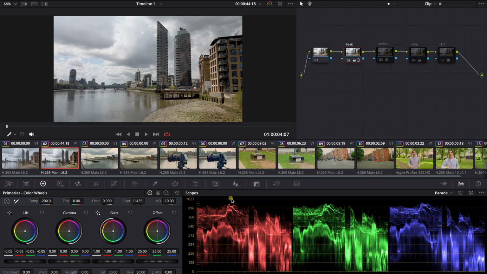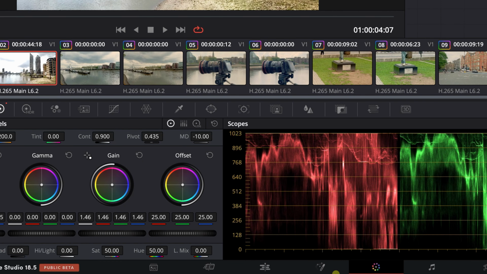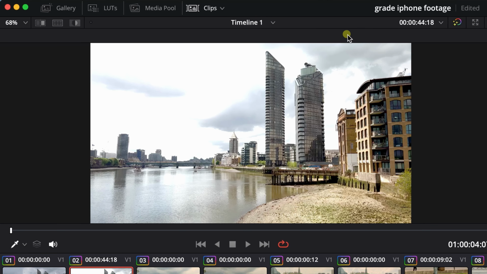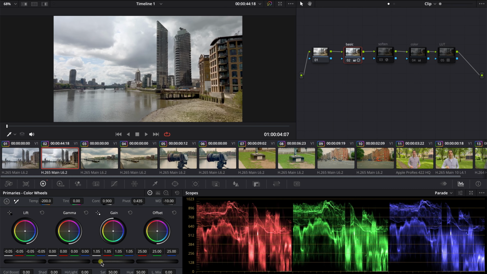So for instance, look what happens if I take the brights above 1023. So if I go over 1023, you see, that's clipping. There is no information there. All the clouds are gone and it's just white in the sky. Look at the difference when I keep it under 1023. If I push it, there is always information there. So this is really important so that you can understand the basics of color grading.